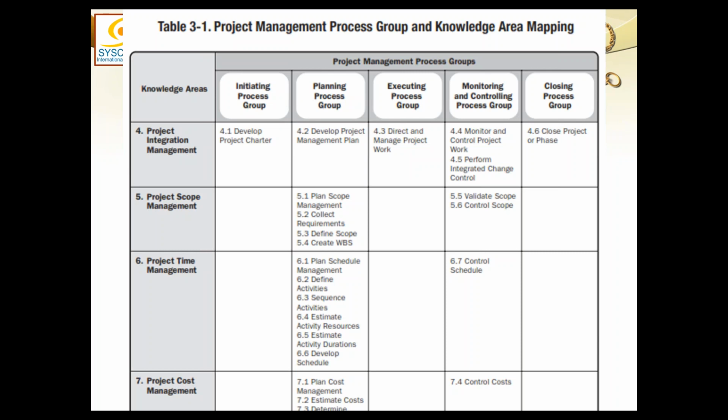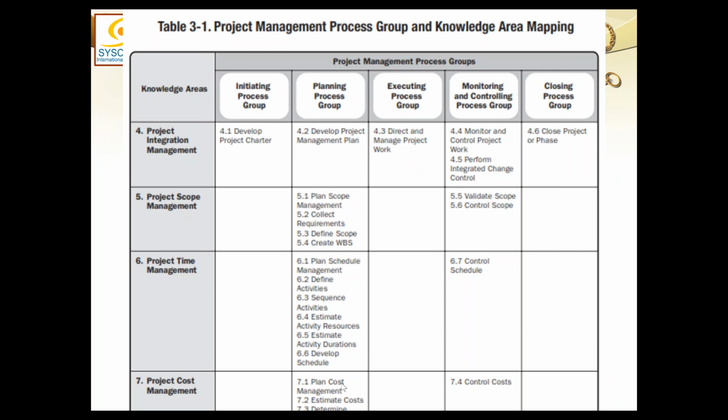Now we did talk about a management plan and a baseline. The baseline is only the final version of the detailed plan, the final shape of the detailed plan. If I look at schedule, while I was going through the processes of planning of schedule, I identified the activities, I sequenced them, I did a lot of work. But the final shape which we came up with was a Gantt chart or a bar chart of the project. That was the baseline. In between, whatever documents we created, they were not baseline. Only the final version was baseline.